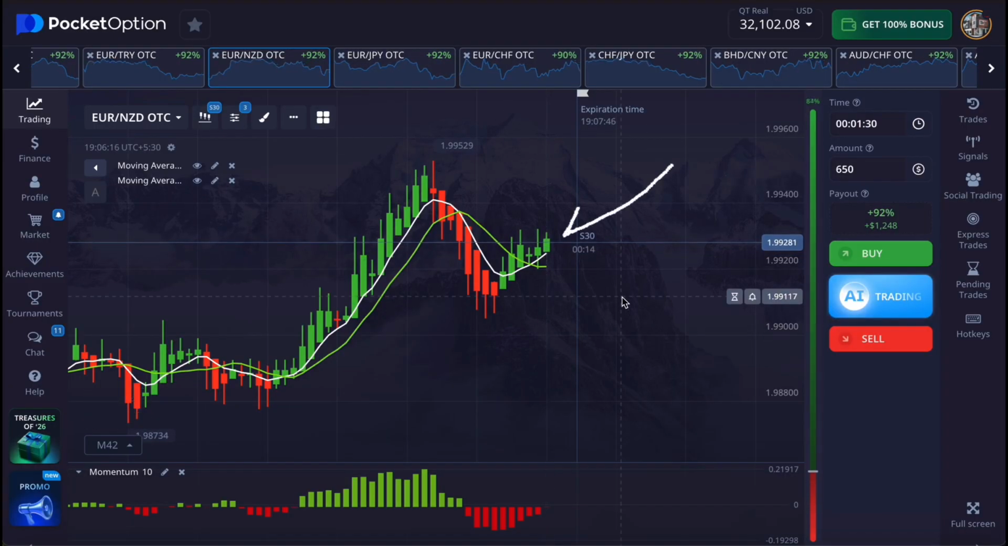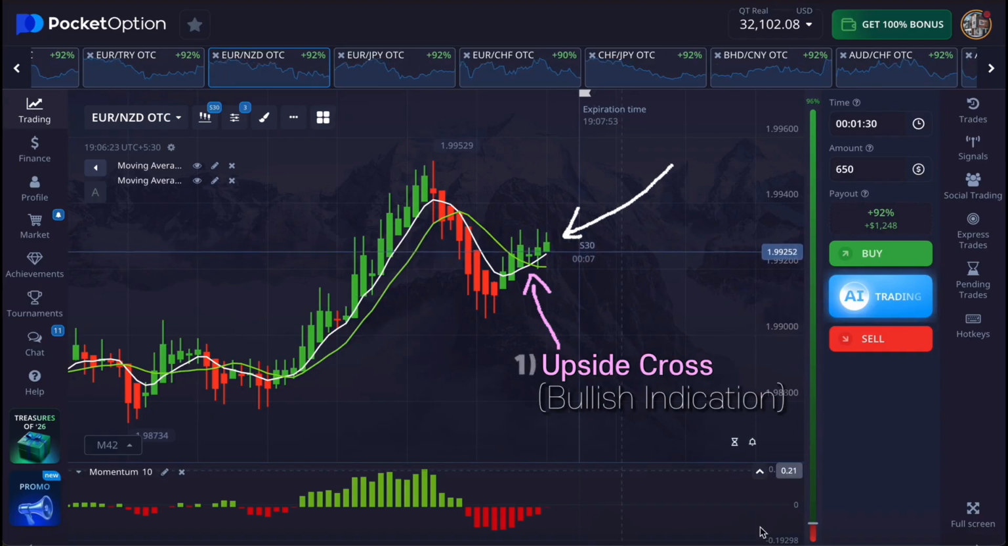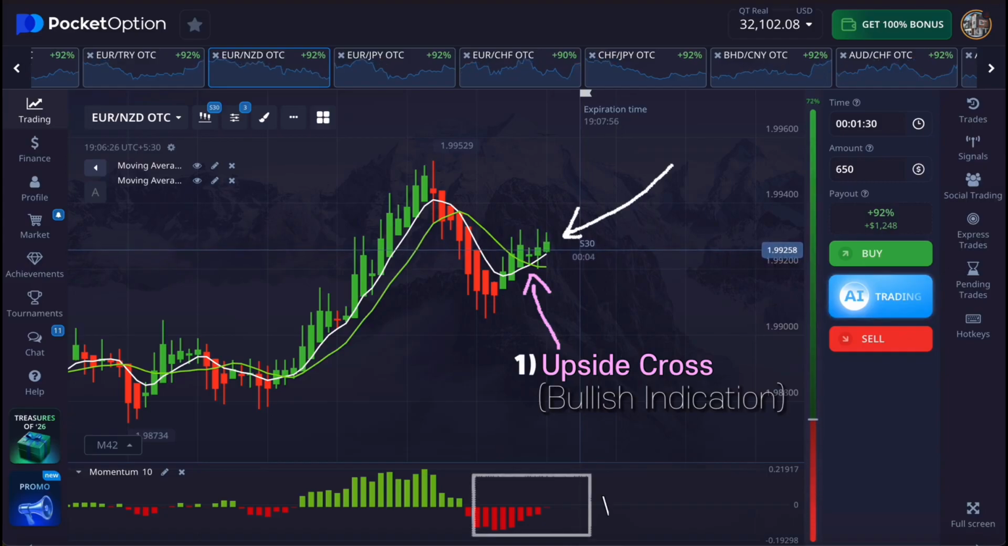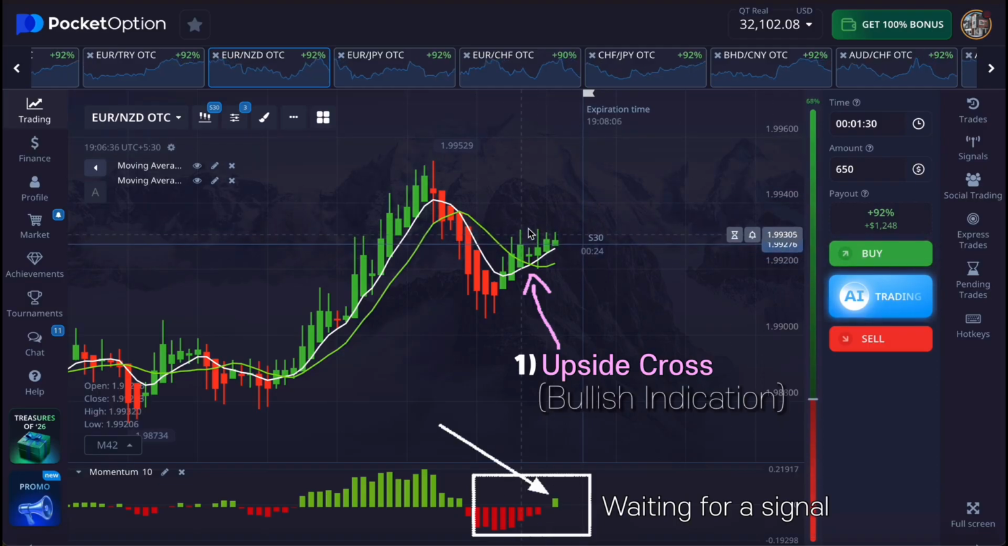So here I have got the signal in the upward direction, as you can clearly see here that the white line has crossed the green line in the upward direction, which is a good bullish indication, but this is just one confirmation completed. I have not yet received any upward signal from the momentum indicator, so I will wait here for a while. So here the momentum indicator has also given an upward signal, but I need a third confirmation,